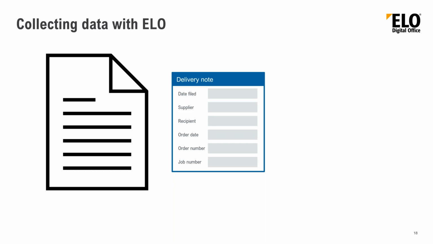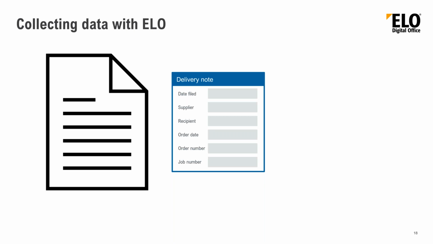And the metadata form not only describes which document this is, but has different information in the metadata fields. In my case, a delivery note consists of those 6 fields. When was it filed? Who's the supplier? Who's the recipient? When was the order date? What's the order number? And what's the job number? And to collect the data,